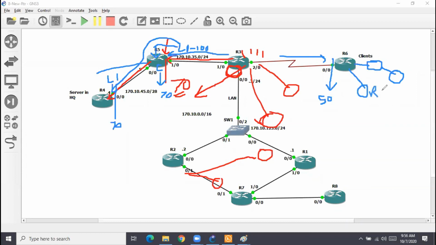Let's say I name this router R9. Will R9 have 50? No, because this is not OSPF. This is not link state. This is distance vector. That means in distance vector, when the routes come in, the router first applies the policy, updates its own routing table, then forwards its routing table to other neighbors when its timer expires or when it is a triggered update. That's the reason in the RIP routing protocol, and in EIGRP also the same way, because EIGRP is hybrid. It has features of distance vector as well as link state. So in EIGRP also the same thing.